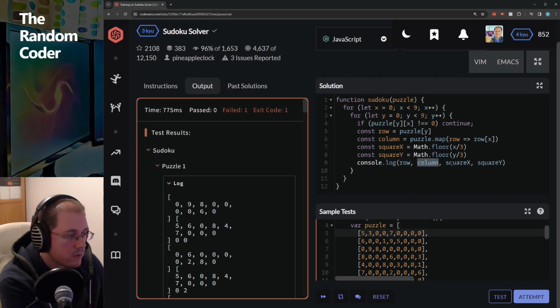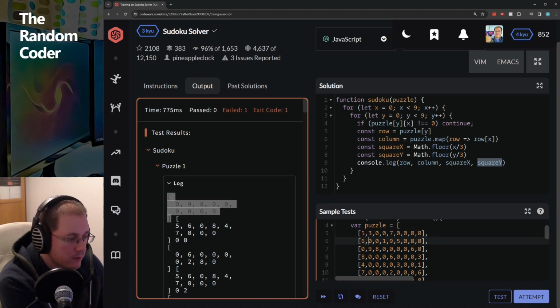So I've got row, column, square x, and square y. So 2 arrays followed by 2 numbers. And that seems to be what we're getting here. So that's good. So we're iterating x first and then y, which means x will be 0 and y will then count from 0 to 8. And the first thing that we'll find is this 0 here,